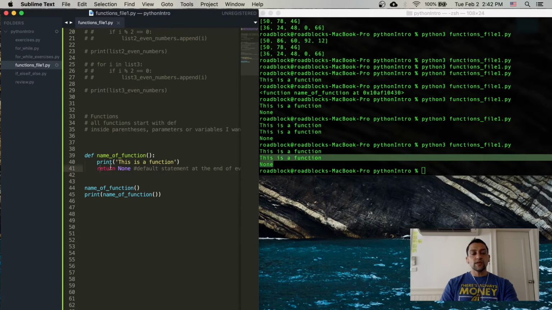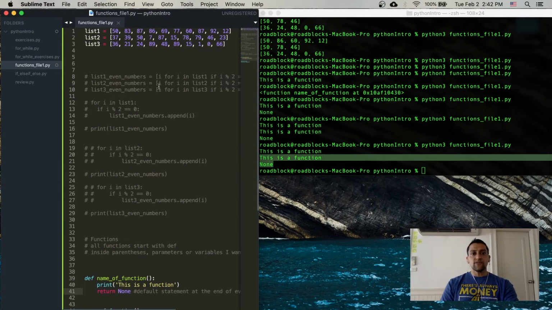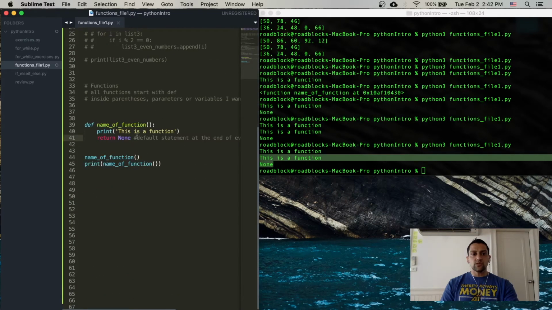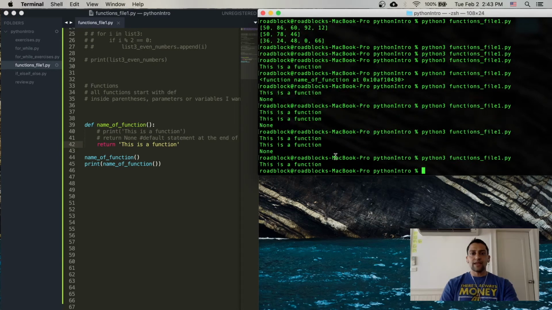Okay, so what is the advantage of a function? Now let's take a look at how we defined these up here, list 1, 2, and 3. If I want to change this, actually before we do that, I'm going to show you that I can take this statement, comment out that, and I'll comment out this, and I'll put in just return that string. And now I get this is a function and that's it. So here it runs, but there's no print statement